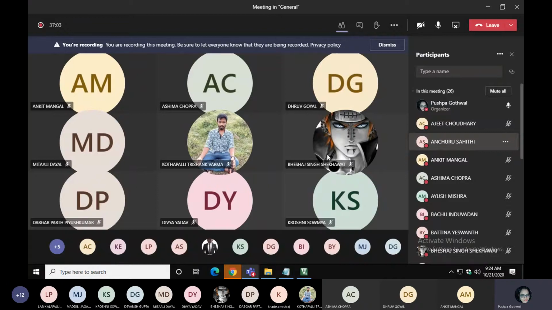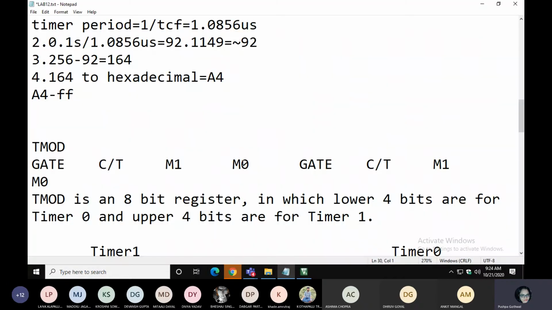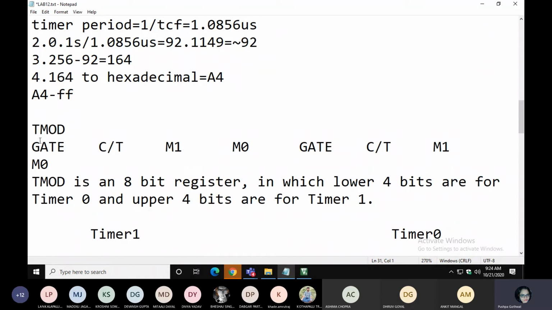I'm not muted. Can you please tell me if it is clear or not, so I can move forward? Please respond. Is this part clear or not?